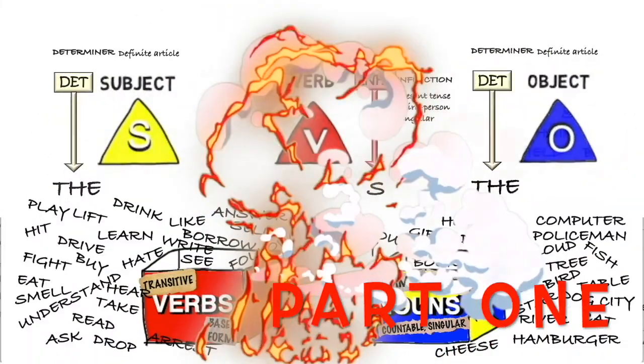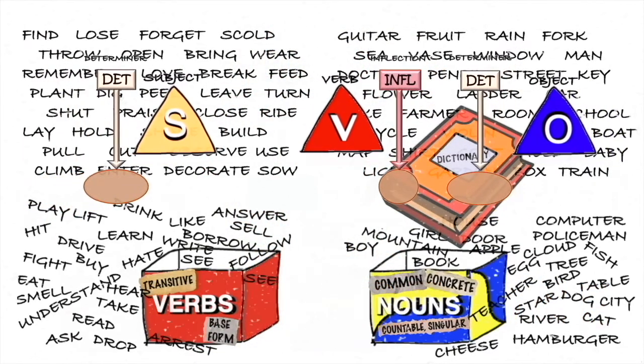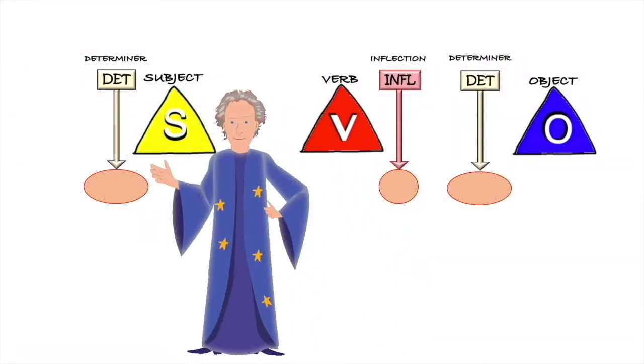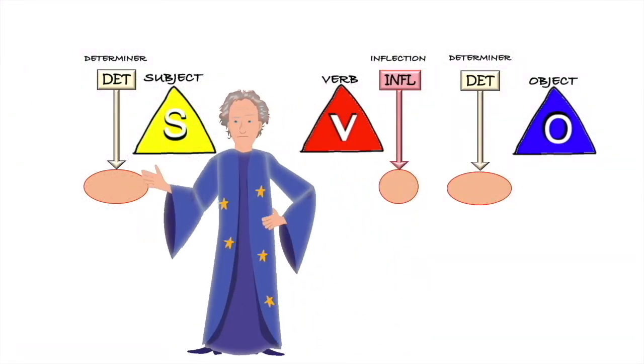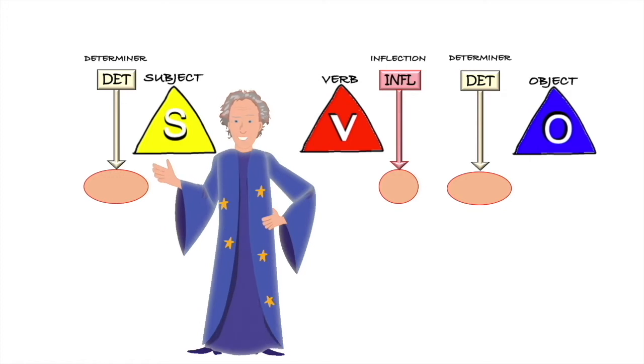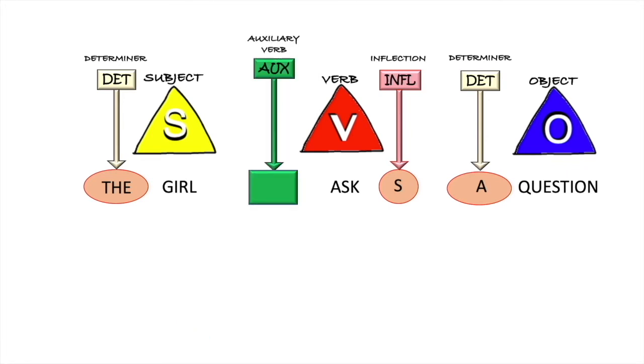What we're trying to do here is take the apparent chaos of the language and find some kind of pattern or structure that will help us to make sense of it. So far, we've looked at the basic structure of transitive verbs, that is, verbs that can take an object, in the third person form of the simple aspect of the present tense. So we can say things like, the girl asks a question. We can say it with emphasis.